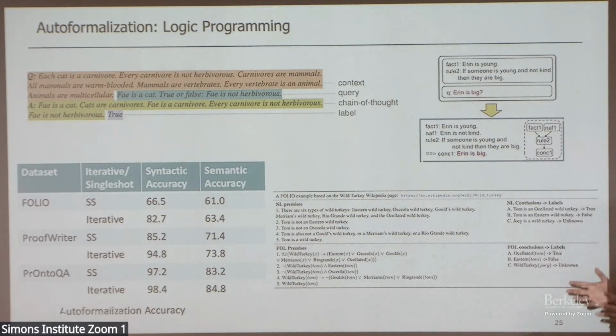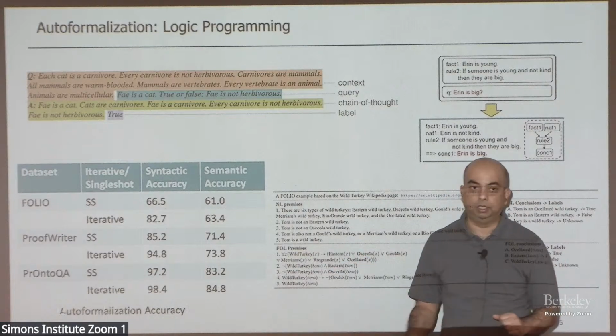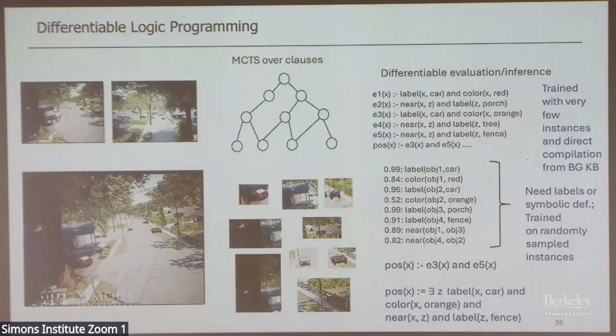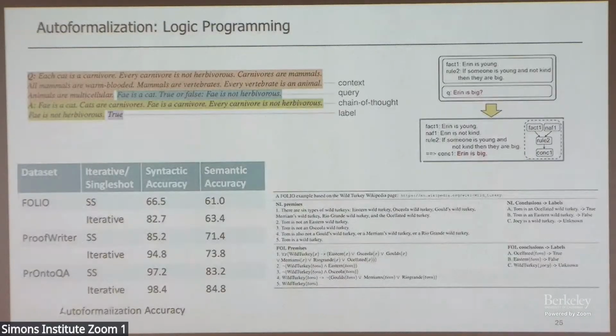But semantic accuracy, which is, are they actually capturing what you wanted them to capture? It could be syntactically correct, but miss a lot of key details. That still remains very challenging. We have a whole loop of using counterexamples to guide and create those formalizations correctly. But once we have that, I will go a little faster here because we are running out of time.